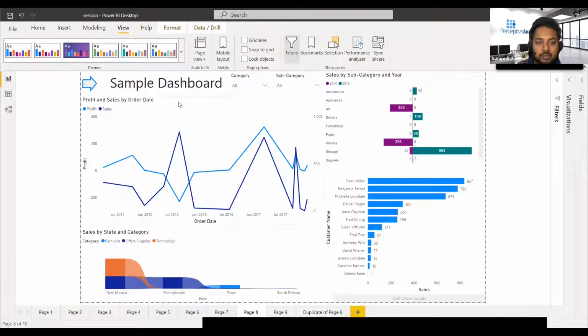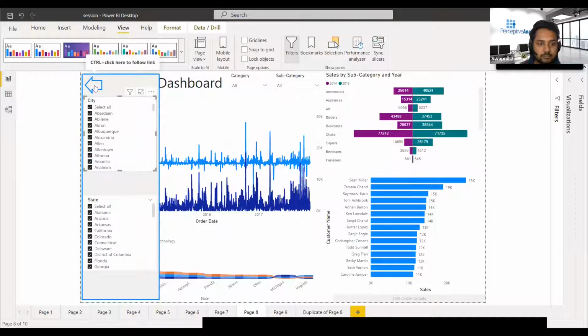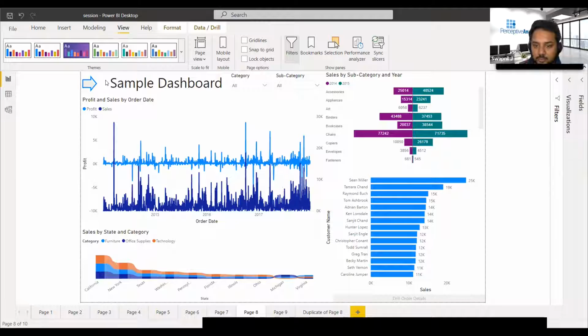So basically, when we have very little space in our dashboard or report, we can use this feature to add additional filters that are not majorly used. Our major filters were category and subcategory, but if we want to filter based on city and state, we can use this feature. Just click on this, the box structure will open, you can select your filters, and then you can close it back. So this is the first thing we'll learn, how we can create it.